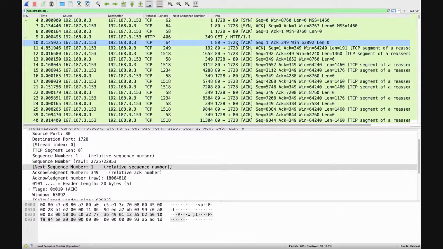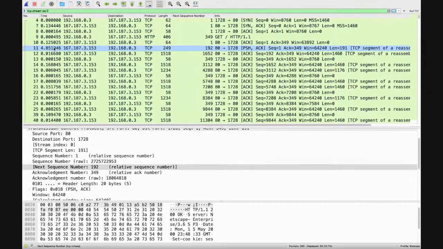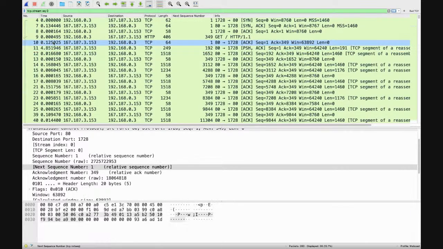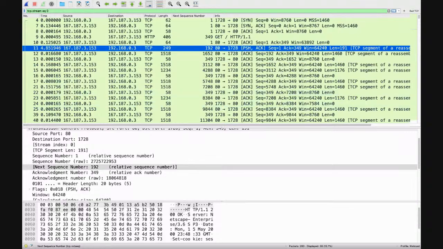But now it waits. How long does it wait? The server waits 4.85 seconds to send me a reply. So is this a problem with the network, or is this a problem with the server? In this case, this is absolutely a problem with the server. This is a slow server. The network got it there and sent me the receipt back in the amount of time I would expect, but the server is taking a long time to reply.